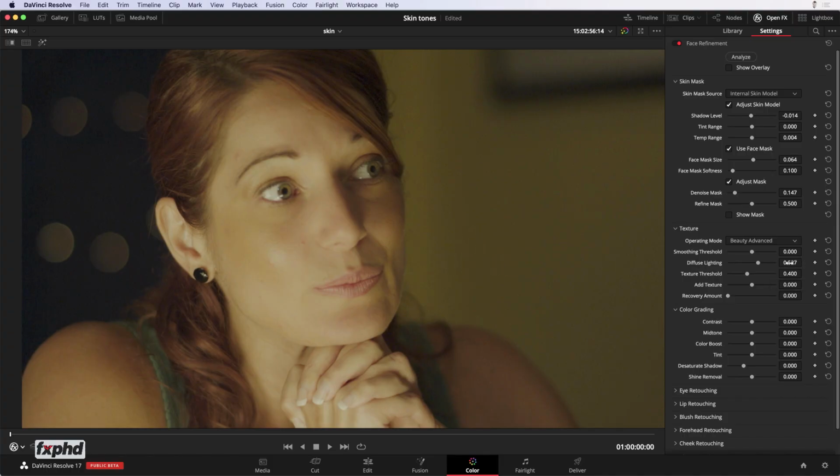I favor that one. You do have the ability to add texture and big texture back through. And like anything, just go in there and move these by really small amounts. If you feel you've overdone it and you want to wind that back a bit, you can add a bit more texture in, you can recover a little bit more.